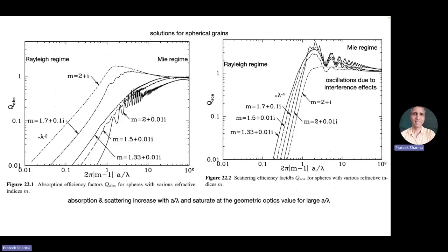And these are some solutions for spherical grains. As I said, this problem can actually be solved for spherical grains in the small grain size limit. So this is a very important parameter, a by lambda. When you're doing these scattering problems, the problems can be set up in a by lambda terms. So when lambda is much bigger than a, the Rayleigh scattering limit, which is on the left of these plots, you can see this is the absorption cross section divided by pi a naught squared. So it's normalized to the geometrical size.